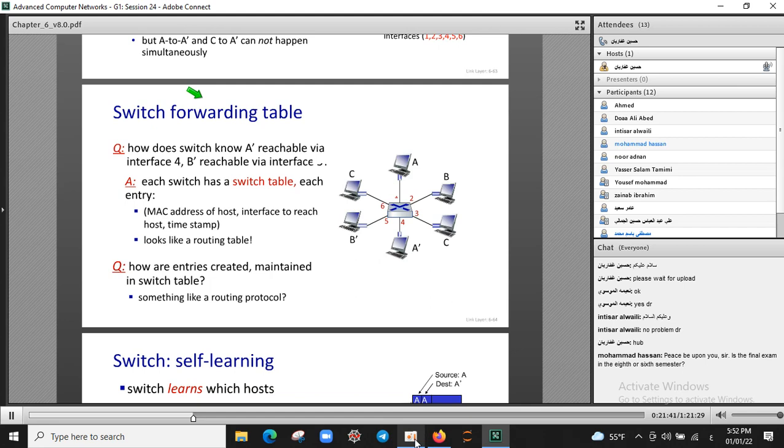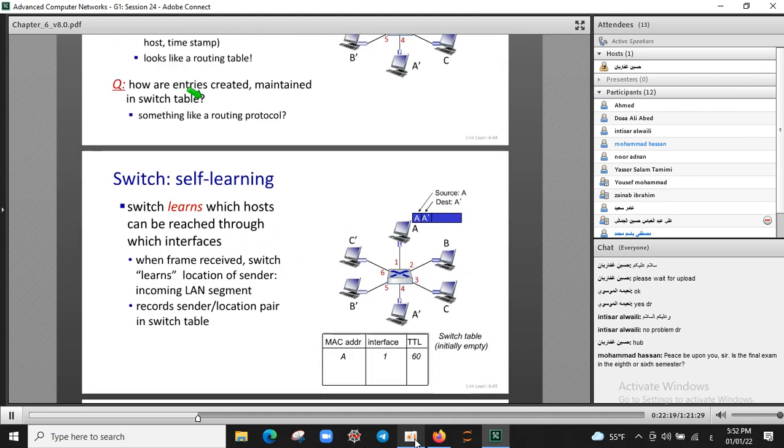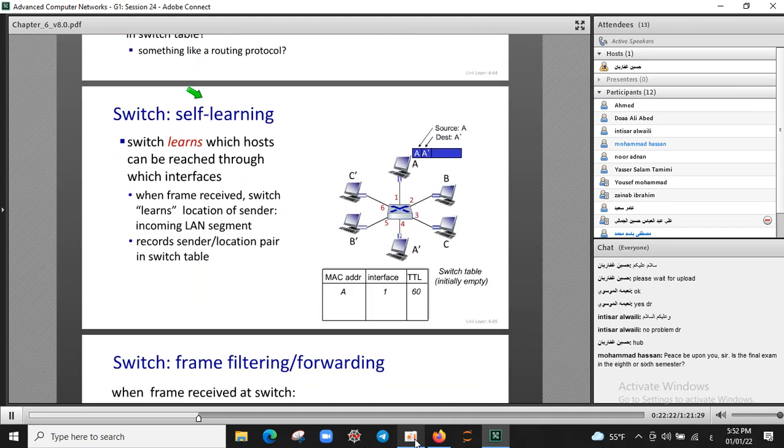So a switch table is similar to a routing table. In a routing table, we have IP addresses, the mask of that address, and the destination port. Here, I have a MAC address plus the destination port. They are completely similar, but one of them is in layer 3, the other is in layer 2. And using this table, the switch can learn about